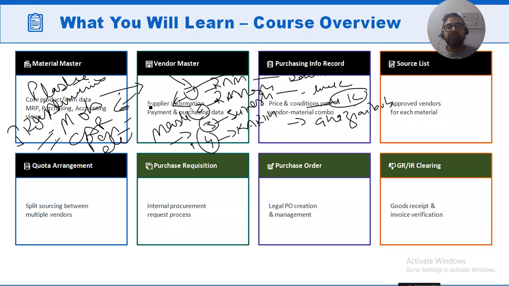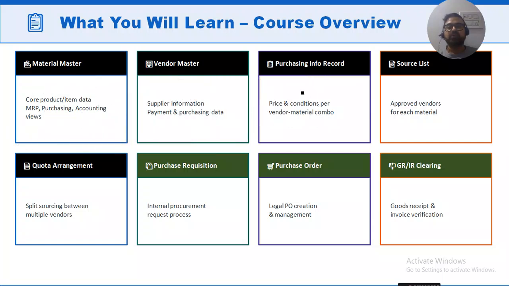Now, similarly, next is your purchase info record. What is the purchase info record? This is also master data. All the things you are seeing over here in the black boxes are the master data in SAP MM. Do not bother, I will explain in the next slide the difference between master data